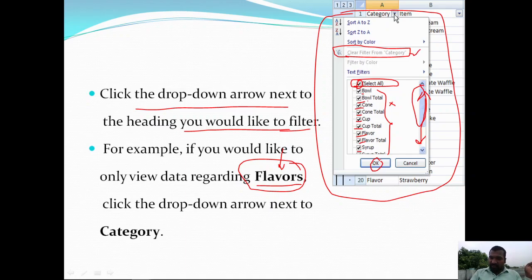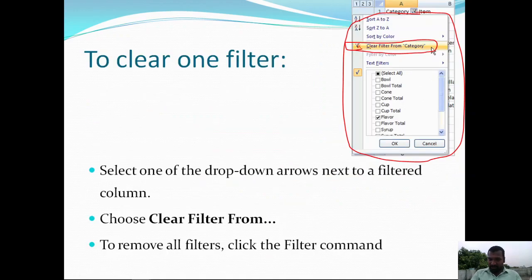After clicking on this OK, now the category filter is applied. Then this particular command is in enable mode, so that is displayed here. Now you can choose this operation. What is this, Clear Filter From Category?